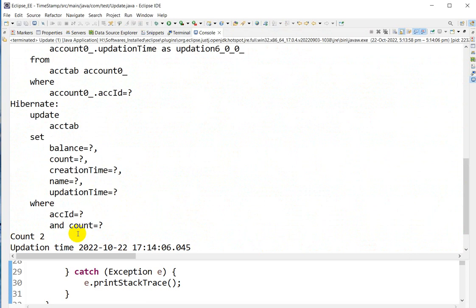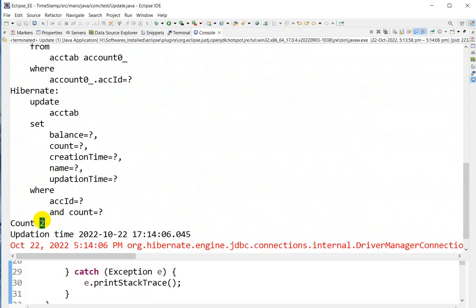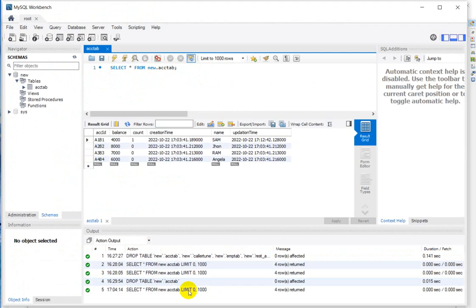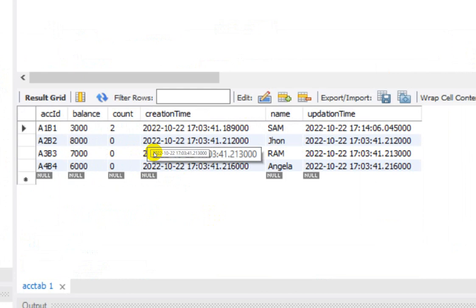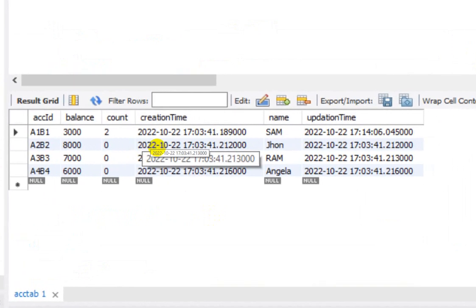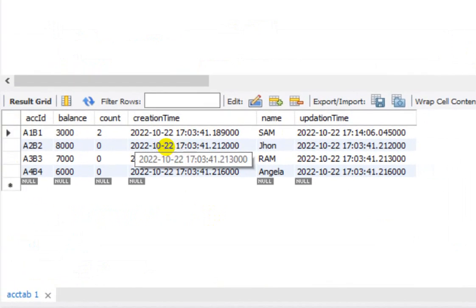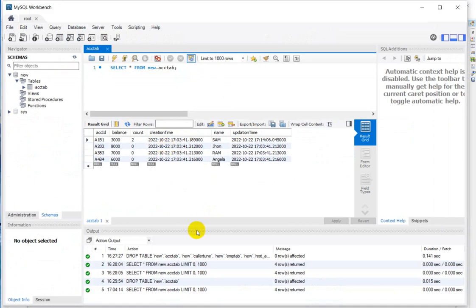Now the count is 2 because we have updated twice and the updation time is changed, right? So if I go here, refresh and zoom here, you can see that count is updated, also updation time is updated. So this is a way